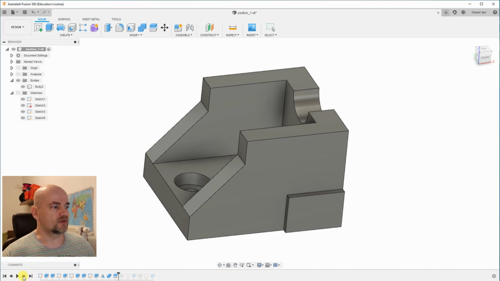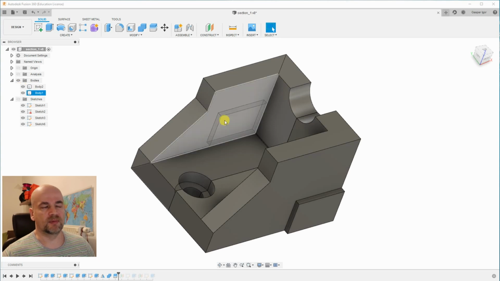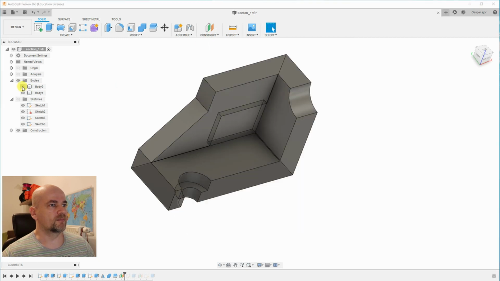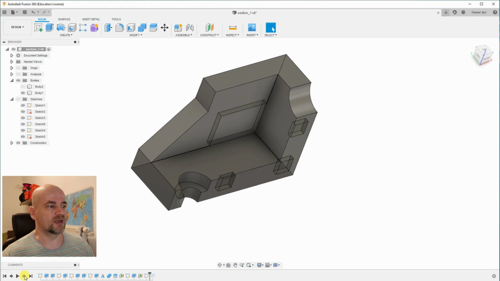So I use the split tool, and now it is cut into two pieces. Only this I made a little bit transparent. And then I used an offset plane on this surface, with an offset of 0.8 millimeters, and this will give me two layers between the magnet and the contact surface. And here I draw these shapes, and then I extruded them. So with this I can get these holes. Of course I repeated it with the other half.